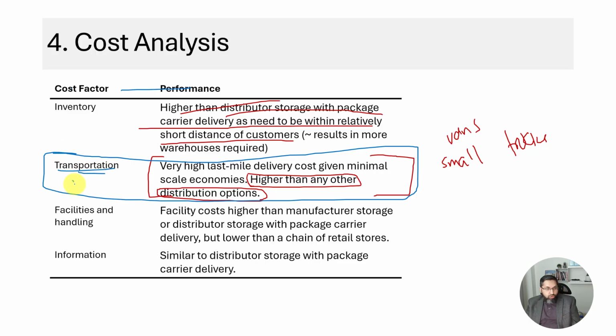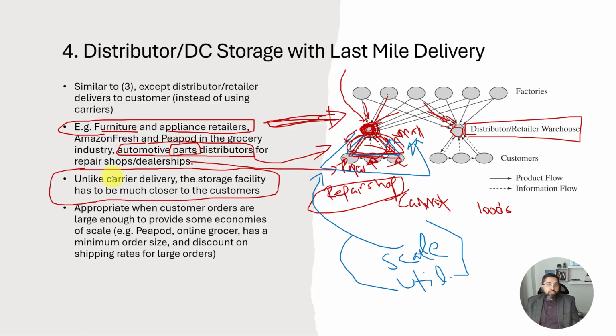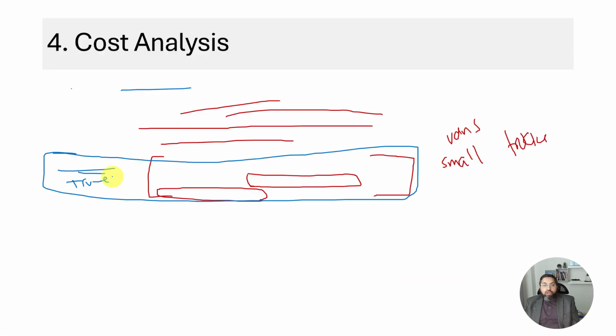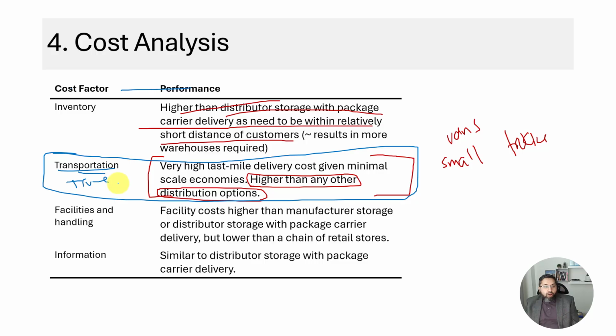This is true for low value items, but for heavy, big, expensive items, this might actually be cheaper than 3. Shipping a refrigerator by UPS is going to be so expensive, it's not going to make sense. Okay, so it really depends on what we are working with. Physical cost is going to be higher than 3,